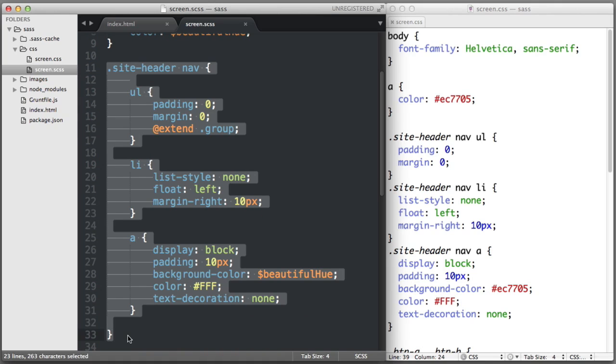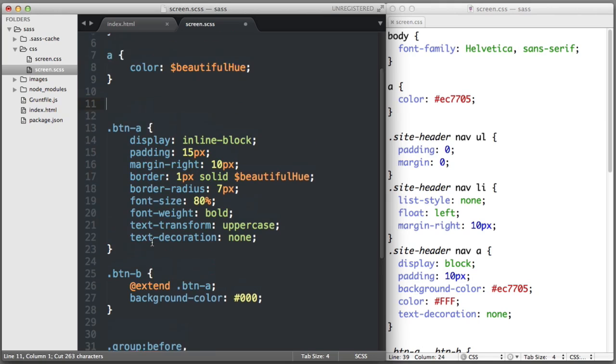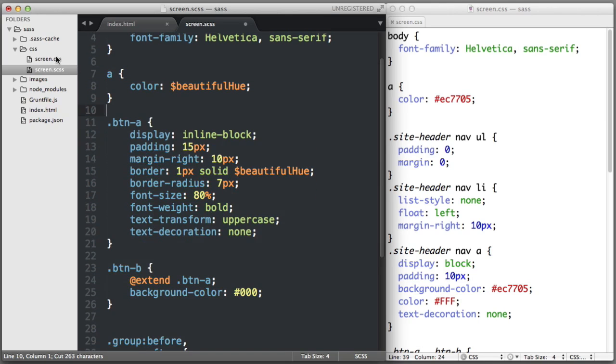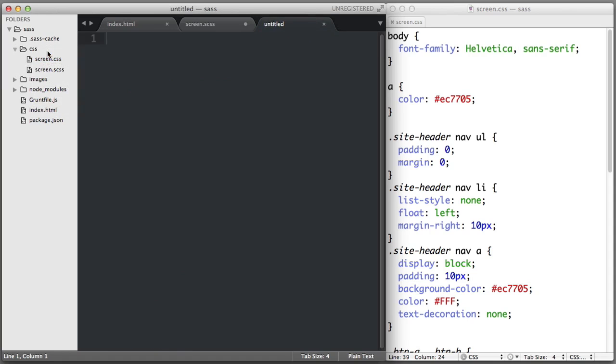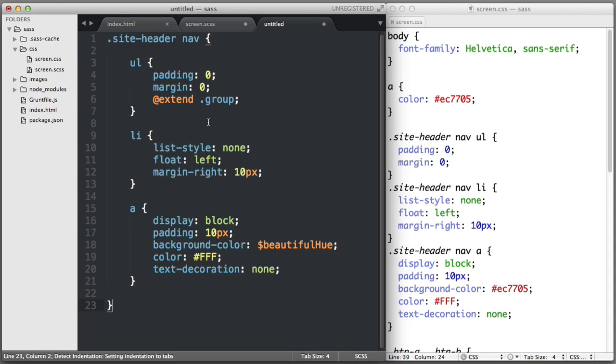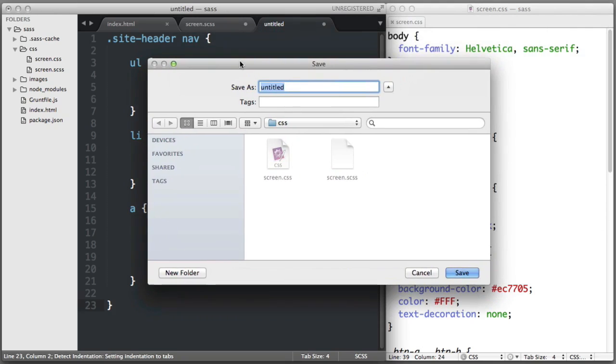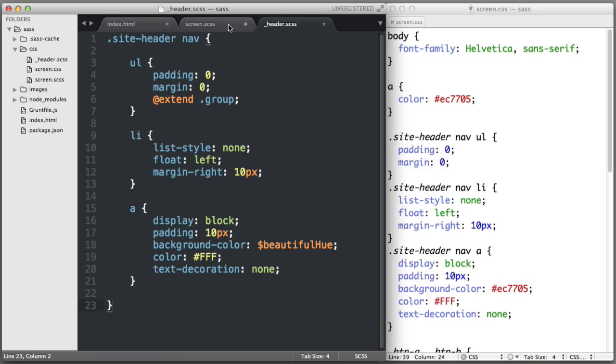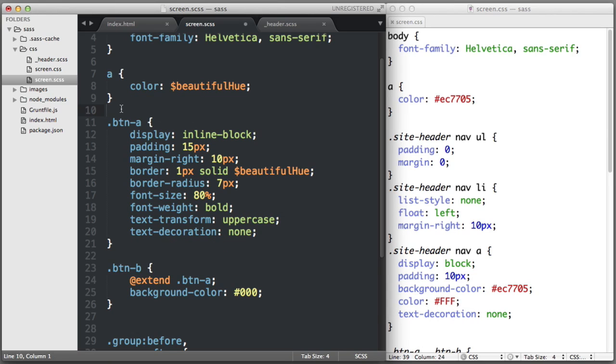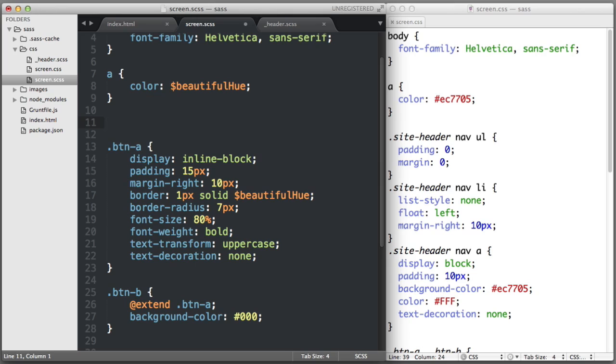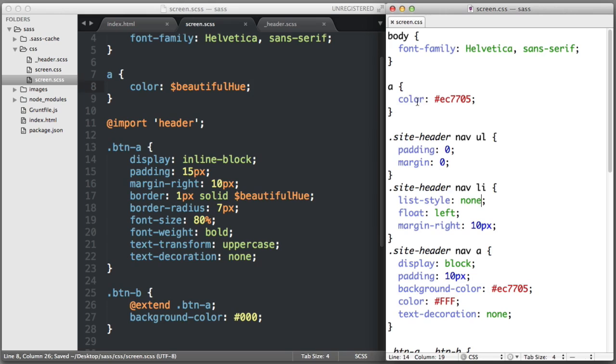Sass makes this very simple. So I'm going to cut all of the header related code and I'm going to create a new file in our CSS folder. I'll paste in the code and I'll name this new file underscore header.scss. Now back in our full style sheet where that code used to live, I can simply say import 'header'. And when I save, we will see literally no change in the CSS that the compiler